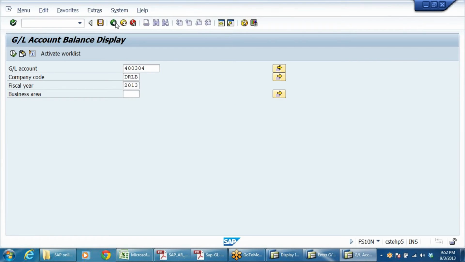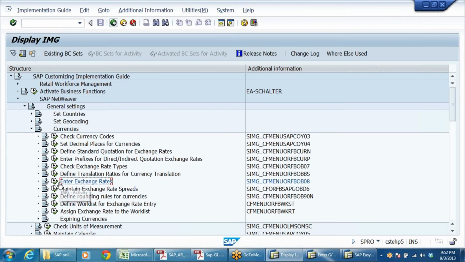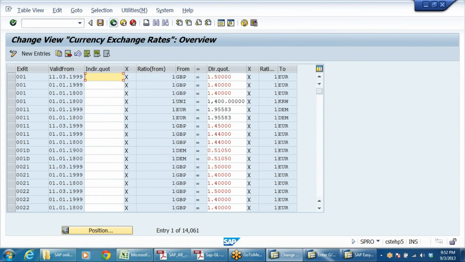So like this, number one, we can update the foreign currency in the tables. Whatever rate you give, the prevailing rate, it will change. Sometimes what we do, here enter exchange rate. The rate will be connected to certain websites, and we'll be connecting to that site.